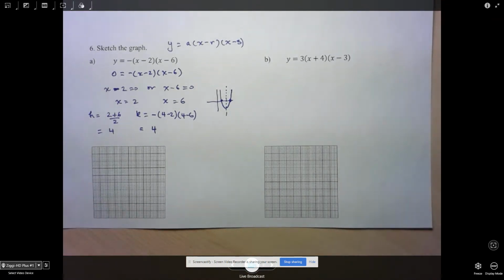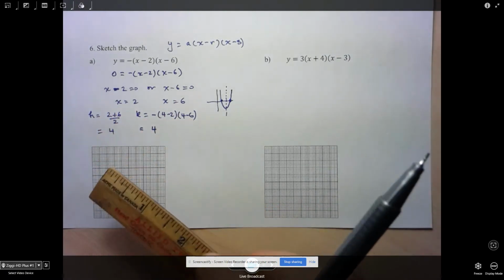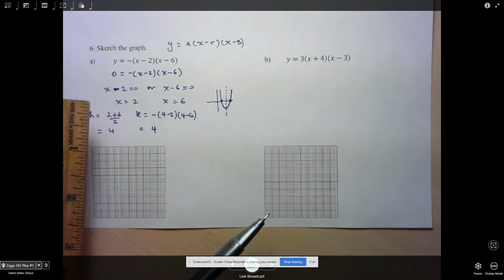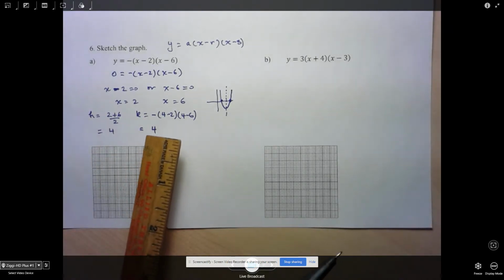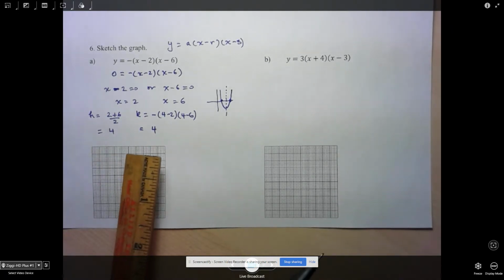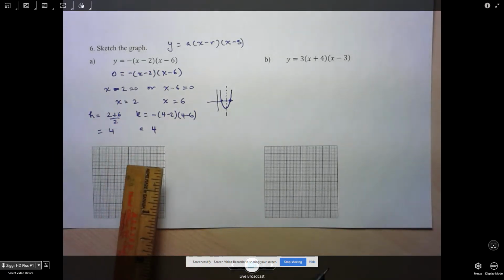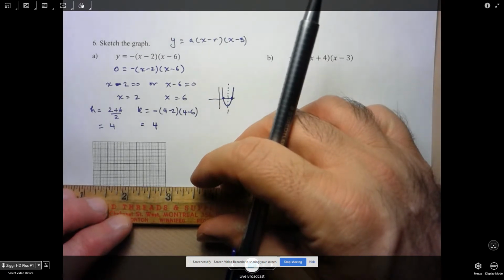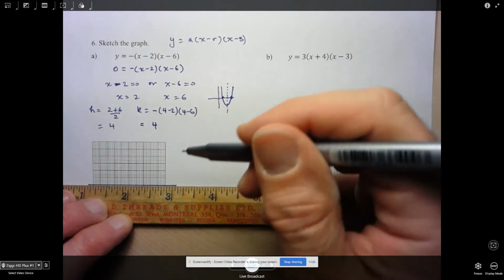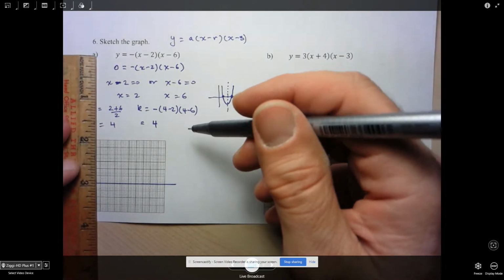Okay, so once you have this information, what you definitely want to do is use a nice scale to draw this out. So I see that most of my x values are on the positive side, so I'm going to draw my y axis further to the left. All right, and I see that the y value of my vertex is at 4, and it's going to be going downwards because of the negative. Okay, so I'll put my x-axis maybe a little lower. So there is my x-axis. All right, there is my